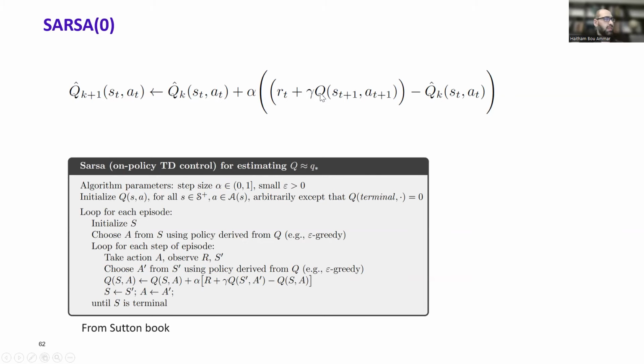So let's go slowly through that. Again, from the book that I showed you, what we're going to do is the same thing. We're going to initialize the Q for all states and actions, except the terminal state, which we give a Q of 0. Then we're going to start from some S. So that's S. Then we are going to take an action A